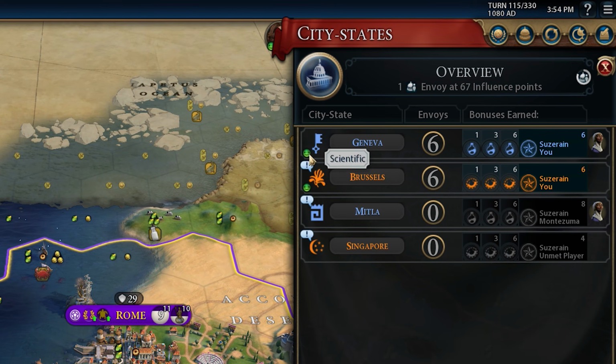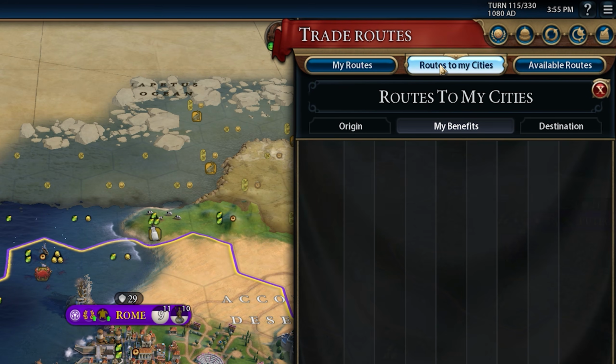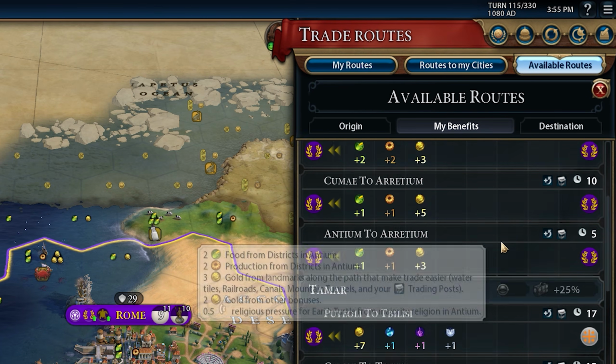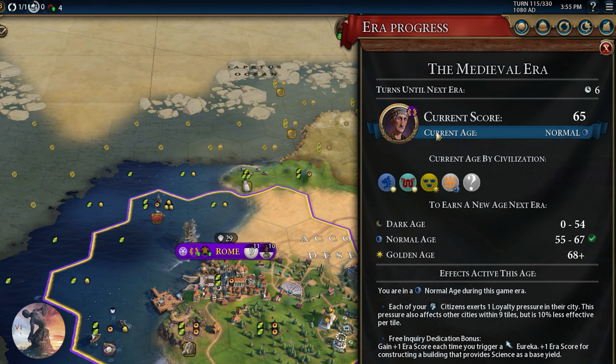City-states allows you to view all known city-states, how many envoys they have assigned, and assign more, as well as any quests they have for you. The trade route overview shows you all of your trade routes, as well as those going into your cities, as well as their production for your civ. Era progress shows you your era score, each known civ's current age, progress towards your next era, and any bonuses